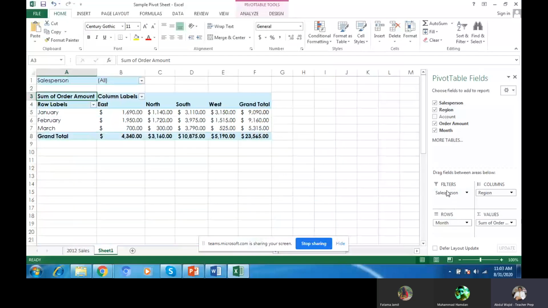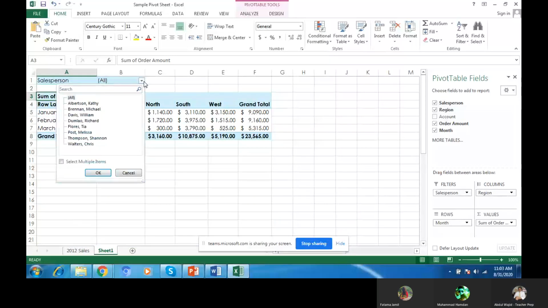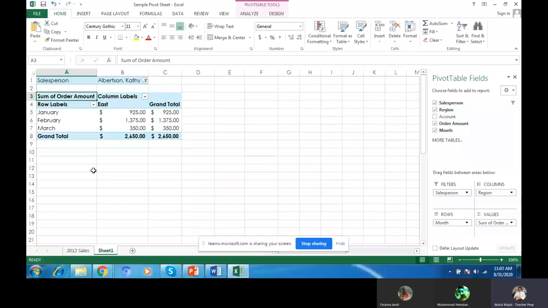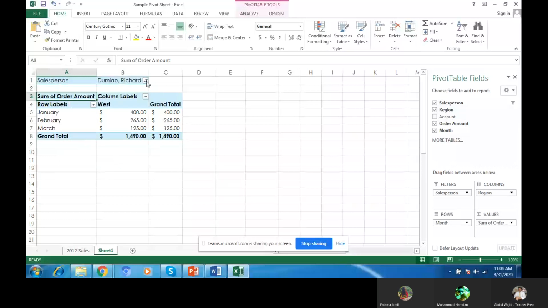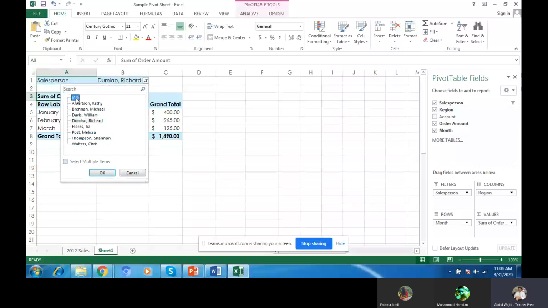Now it is in filter. Okay, now if you want to display any one seller, you will click on it and okay. Only this person's data will show. Okay, now we will go for all and okay.